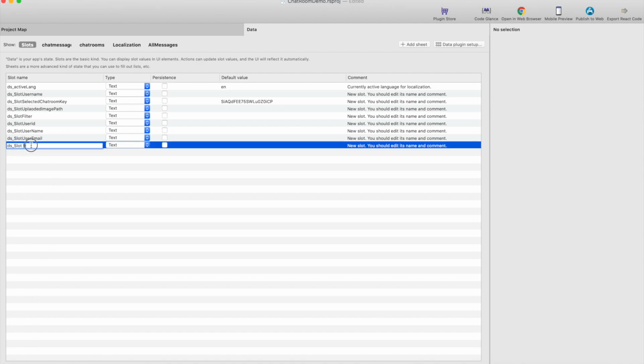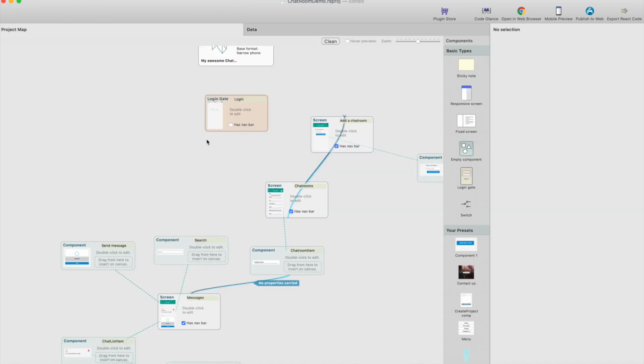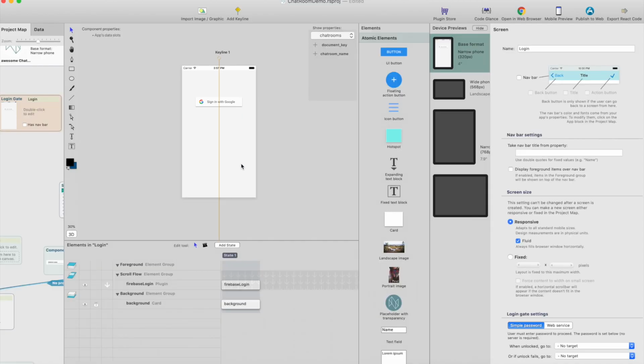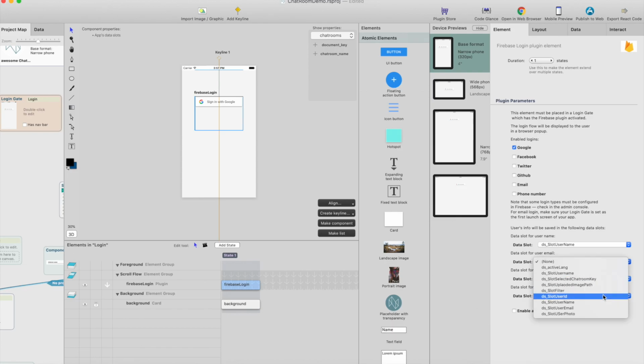And let's add a user photo as well, even though we probably don't use it. It will be just a string, a URL string. Let's get back to the login and select the Firebase login and just select the data slots here, username to username, email to email, user photo to user photo,